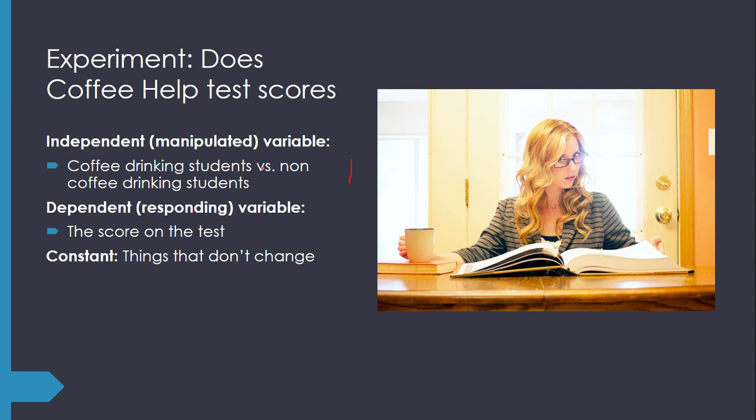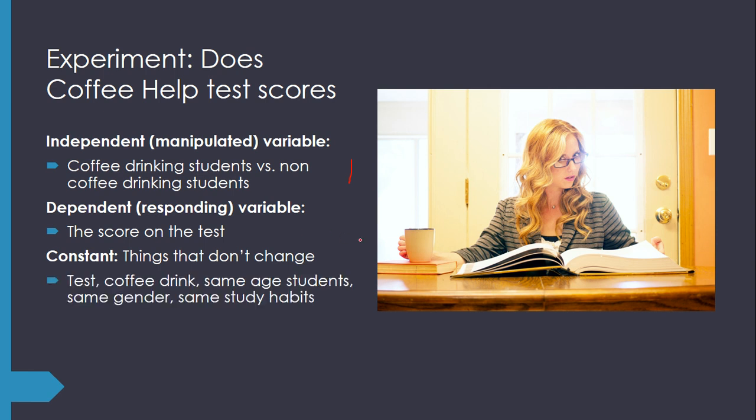So the manipulated independent variable is what it is you're testing. The dependent, the one responding, is what it is you're seeing the result of. And then the constants, the things you don't want to change. We had some great ideas in class, but there are things like the test. You can't give one group a test in history and another group a test in math. That wouldn't be very equitable, and then you're not sure if the coffee drinking is really what's making the